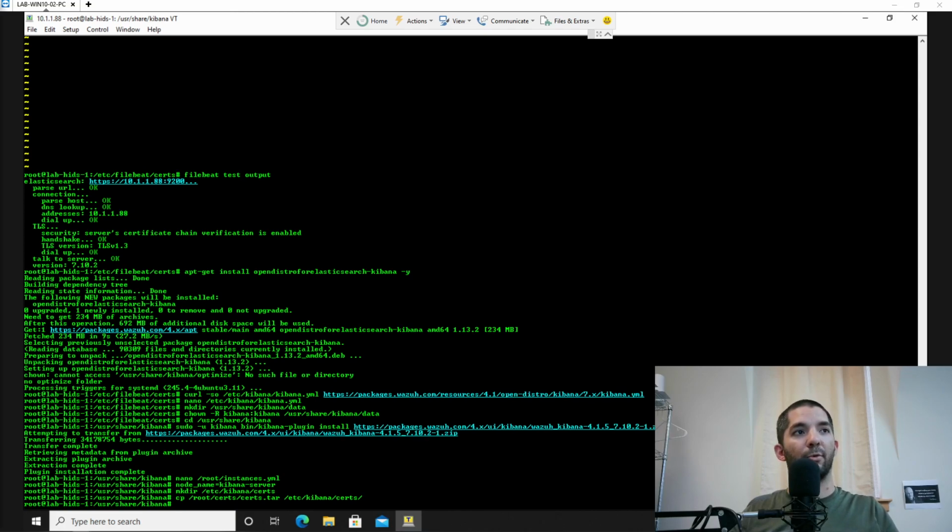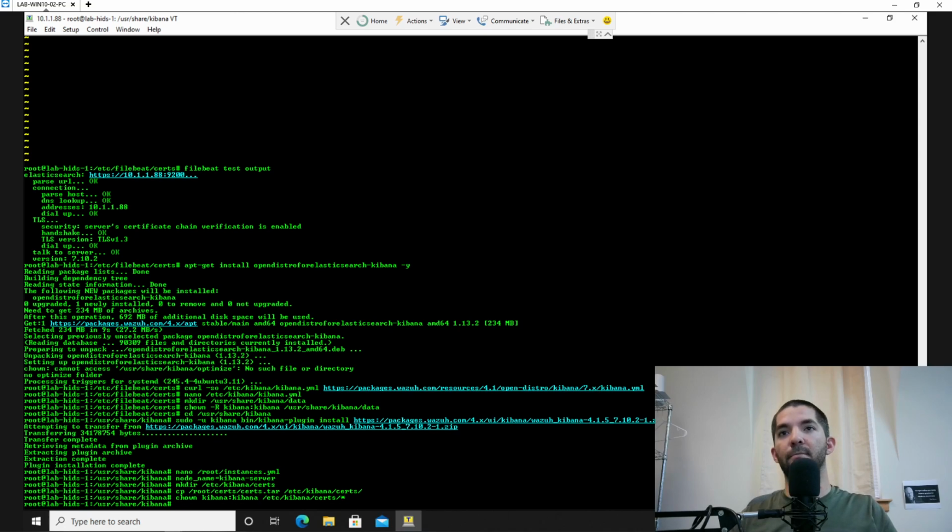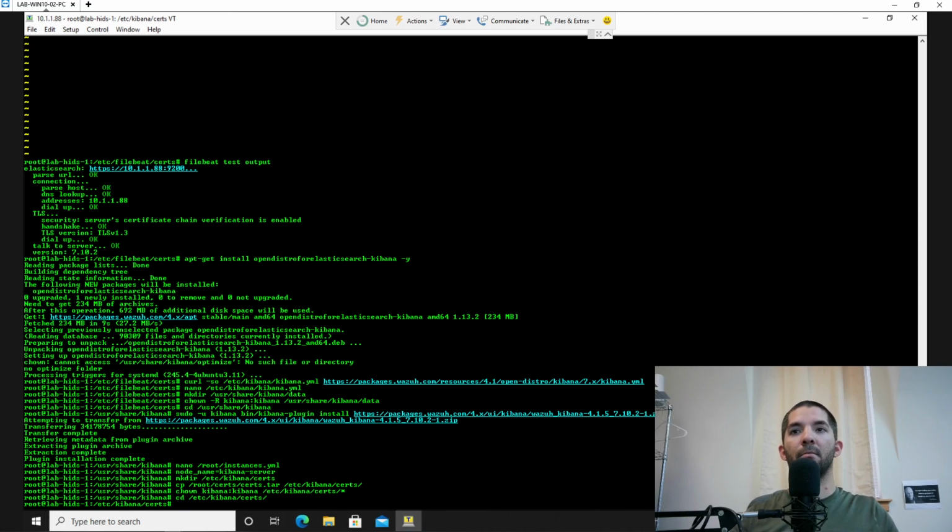And then here's another important thing. You want to make Kibana the owner of all the files under that directory. And that's what this command does essentially. All right, and then we're going to cd down there to that directory. All right, and then once again, same thing. We're going to go ahead and untar